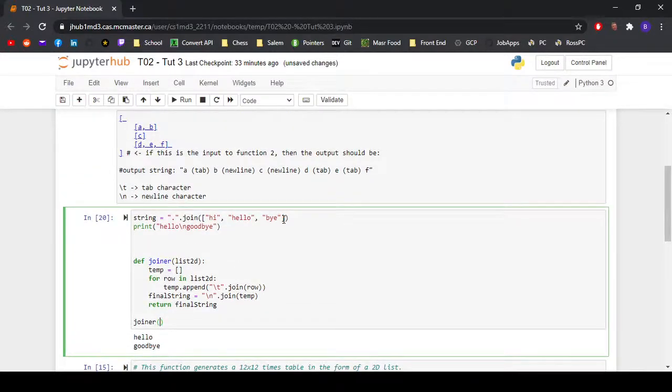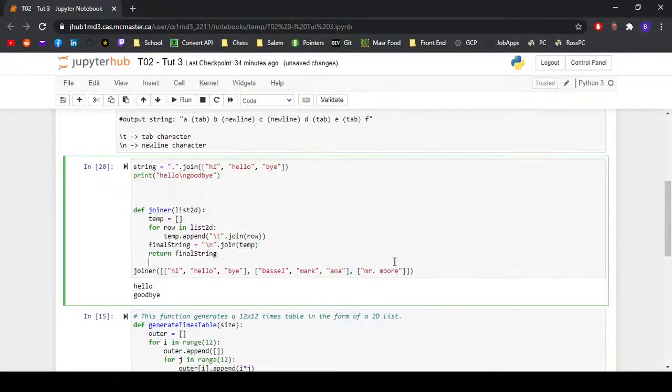We can try and create a 2D list for us to test our function on. Let's say, for example, this is one of the inner lists, just like this. And we can have more lists, like, let's use some T names. We have Basil, Mark, Anna, right? And here we can have a separate list and call it Mr. Moore. And if we run this,